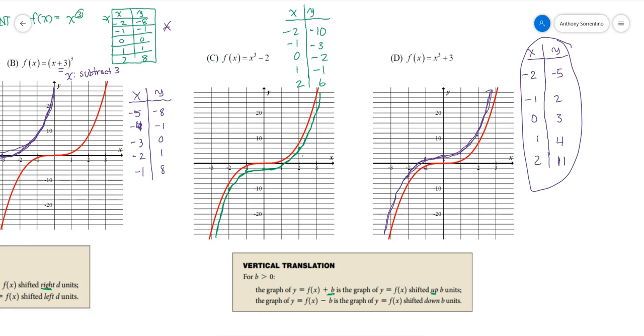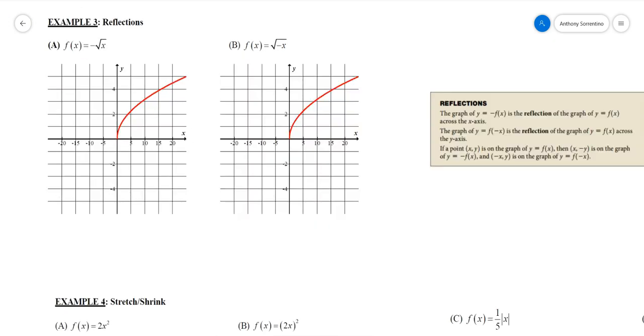Let's move on to the next type of transformation. We're going to look at reflections. And reflections are basically, I'm going to reflect something about an axis, either the x-axis or the y-axis. Now remember, when I do this, if I have a function I carry through a reflection, the result is going to be another function. Now notice in this example 3, I have the square root symbol in there, so that means that